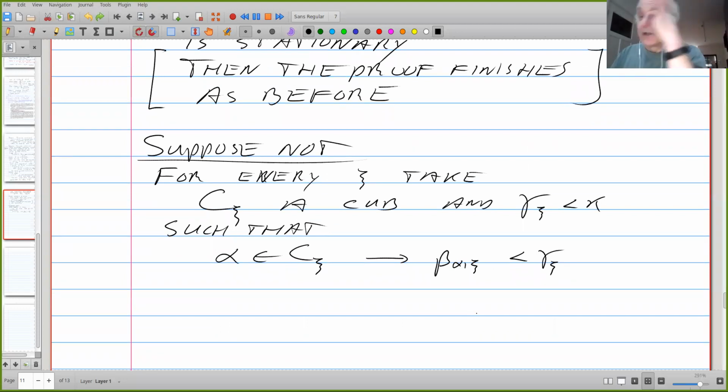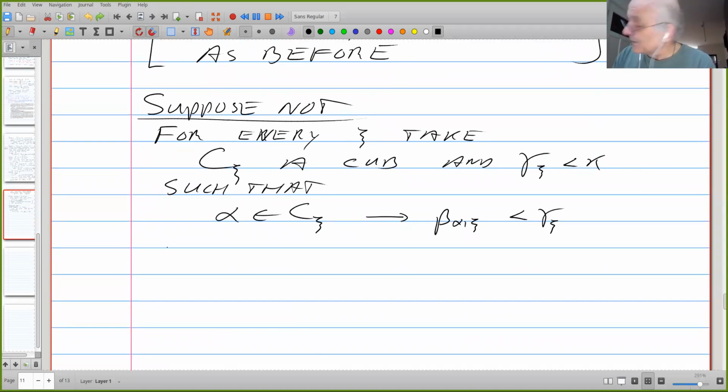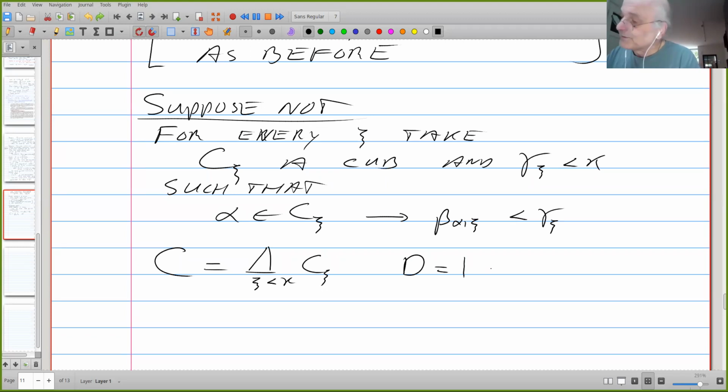It's smaller than gamma psi. Now, in the other case, we took the intersection of the C psi's, and that's not going to wash here. What we're going to do is take the diagonal intersection, but we need another intersection. We take all the deltas